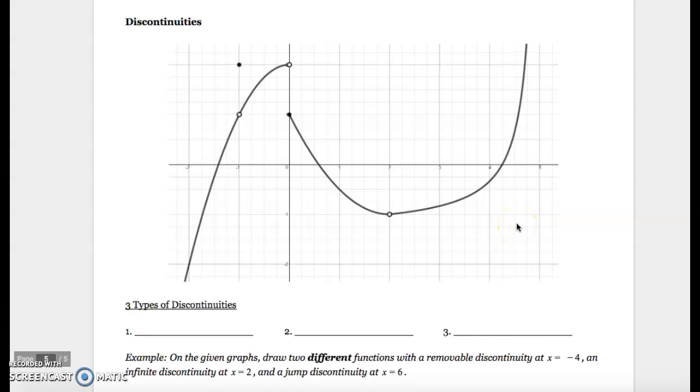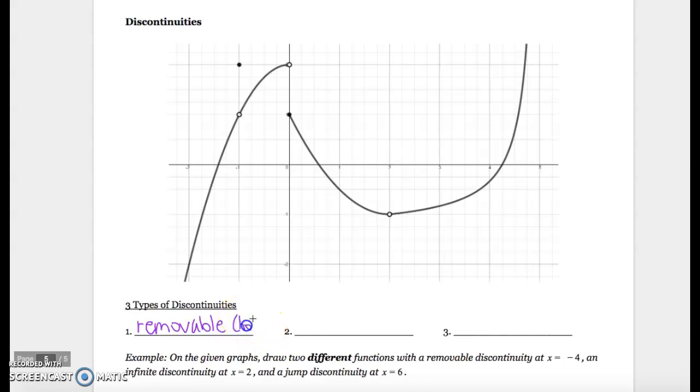All right, we are going to talk about discontinuities. So in this last section of characteristics of graphs, we're going to go through the three different types of discontinuities that you can experience or have in a graph, and then how to identify them and label them or name them. Okay, so for example, the first type of discontinuity you can have would be a removable discontinuity,